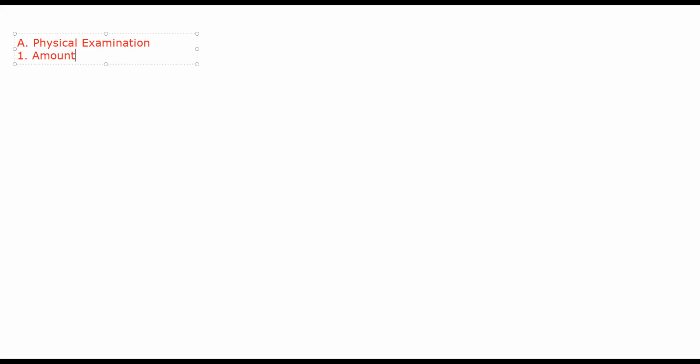Now, amount is increased if the patient is having pyloric stenosis. If your pyloric sphincter is not closing properly, or the patient is having gastric ulcer. If there is malignancy, cancer, in that condition amount will be variable. Generally, it will be increased. Second thing you'll check for is color.